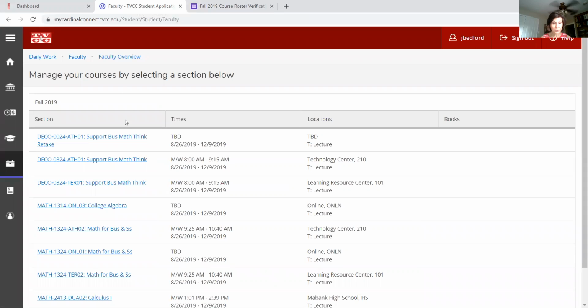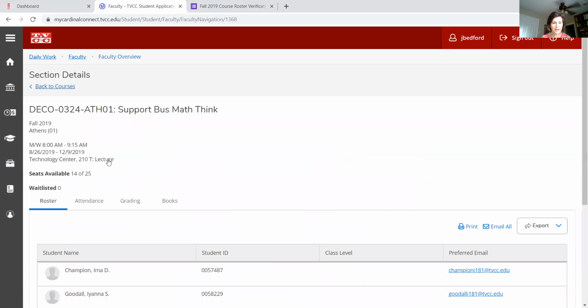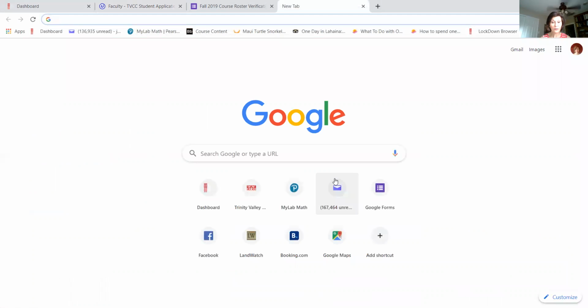You can go to this section here. And let's just say that these two right here were actually two different classes that were meeting, and I have students who are kind of scrambled between those two sections compared to what they show up in my class. So what I would say is open this one up, and then you can always go back and open another window,